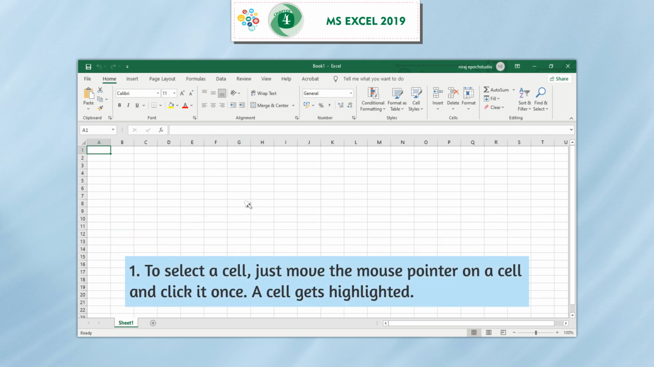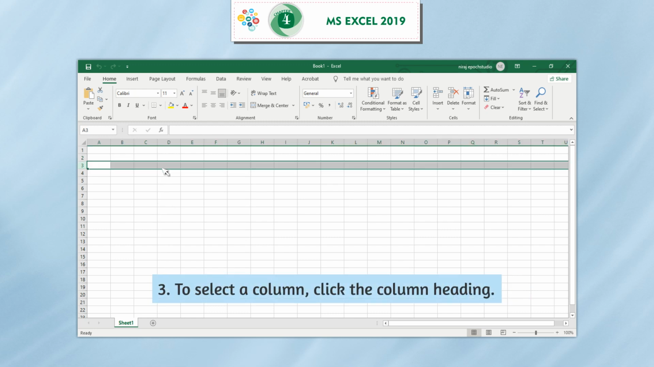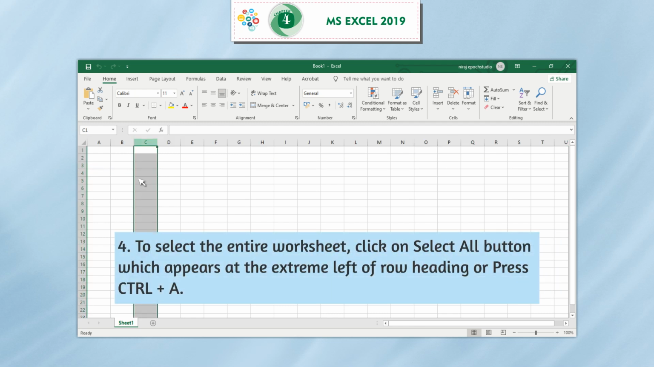1. To select a cell, just move the mouse pointer on a cell and click it once. A cell gets highlighted. 2. To select a row, click the row heading. 3. To select a column, click the column heading. 4. To select the entire worksheet, click on the Select All button, which appears at the extreme left of the row heading,